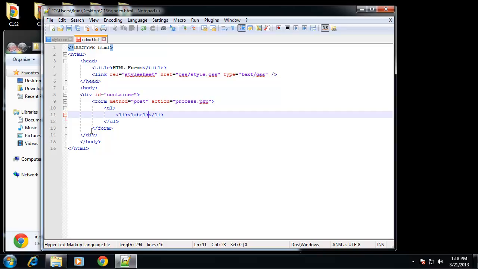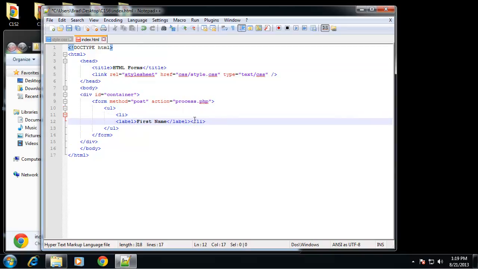So say label, say first name, label, and we can actually format this a little better, easier to read. Put them on different lines and indent them. So we have a label. We can actually put a colon right here,